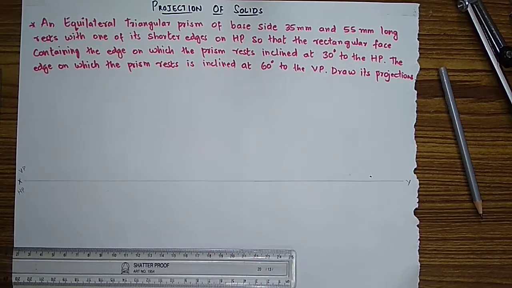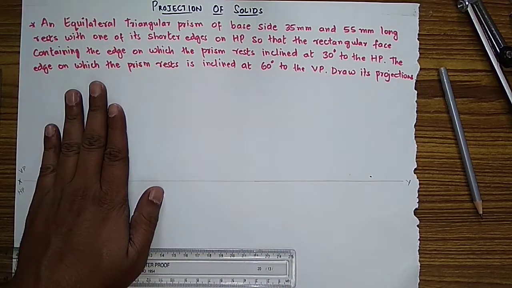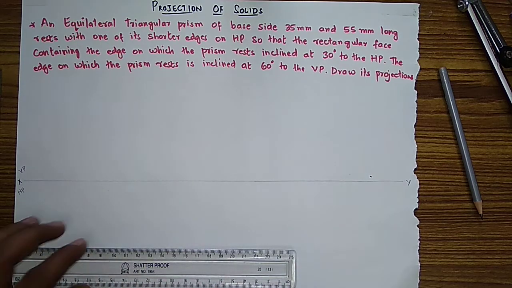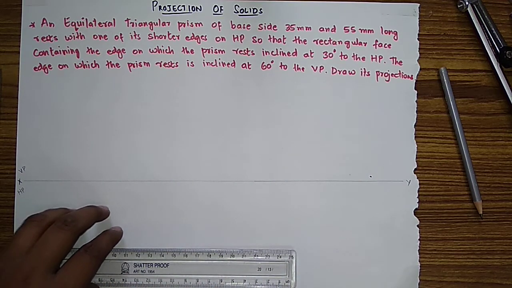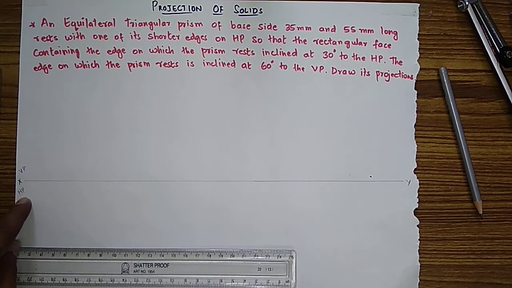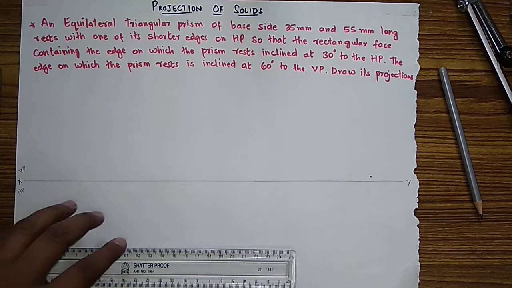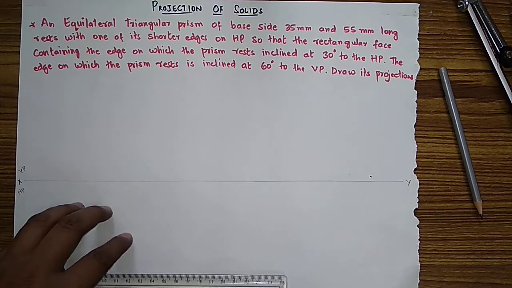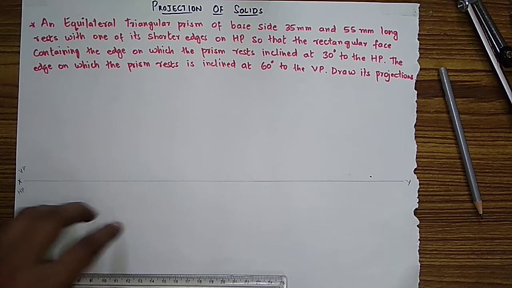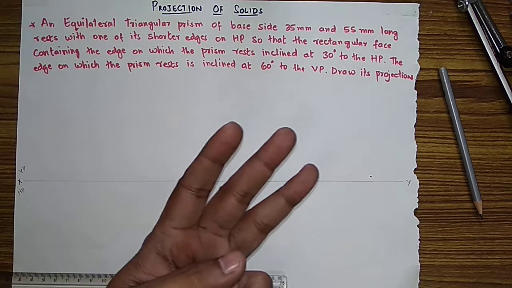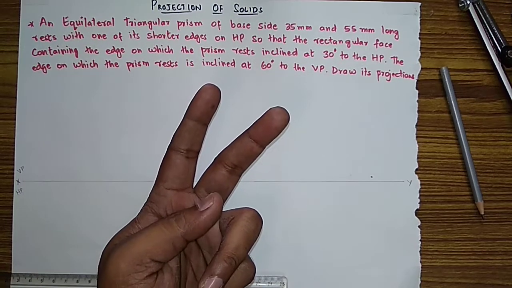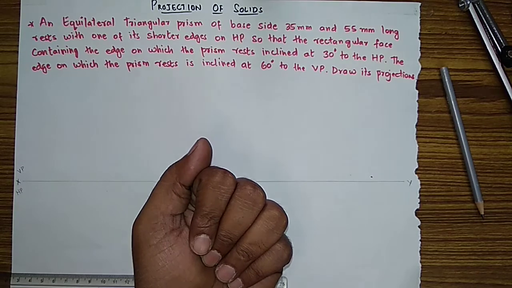Okay guys, to draw this projection of solids, first we draw the first projection, second projection and third projection. In the first projection, to start the solution you have to start from this HP. HP means horizontal plane and this is the vertical plane. Upside is vertical plane, downwards is horizontal plane. You will start the question from here, from HP. Here you have to see three things: the plane, the plane side and what it is resting on.